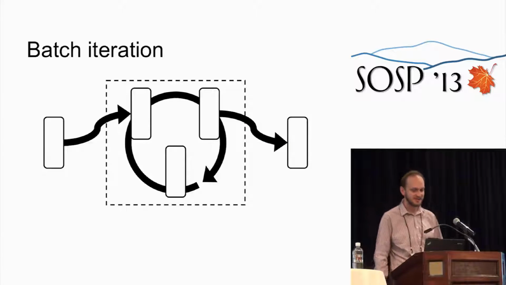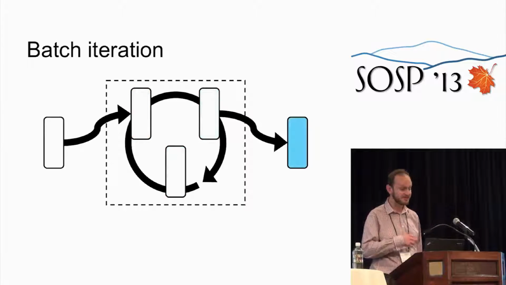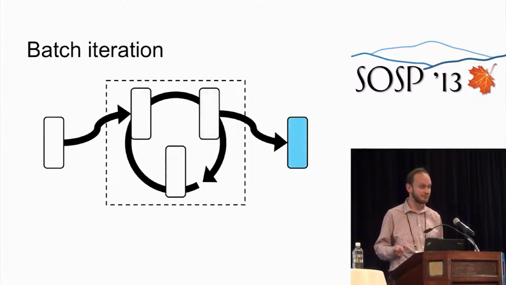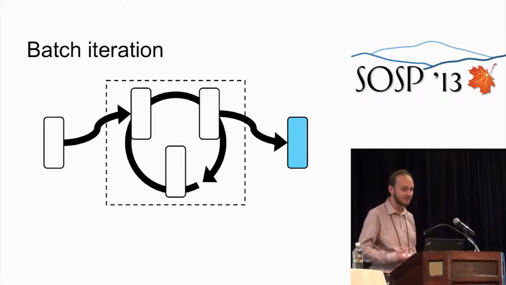So returning to our cyclic graph, we see that if we're executing in synchronous batch mode, the batch of data arrives at the input, then will move through the vertices in lockstep, finally reaching the output and sending a batch of results. And the nice thing about this is there is a one-to-one correspondence between the input and the output, but the cost is in the latency because there's no overlapping of computation within the graph.